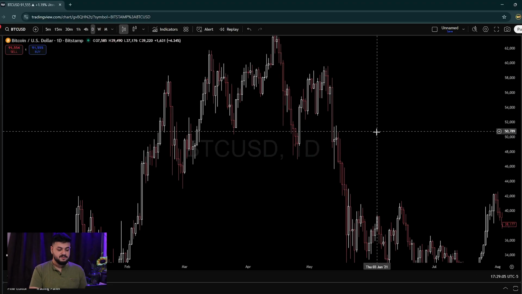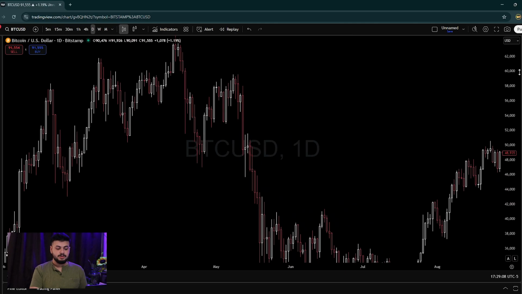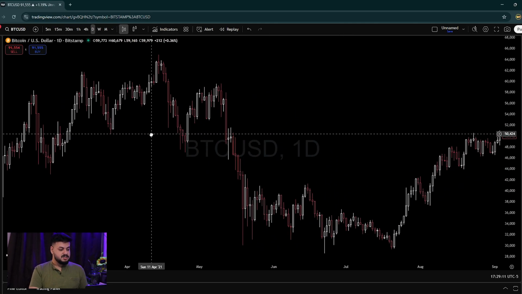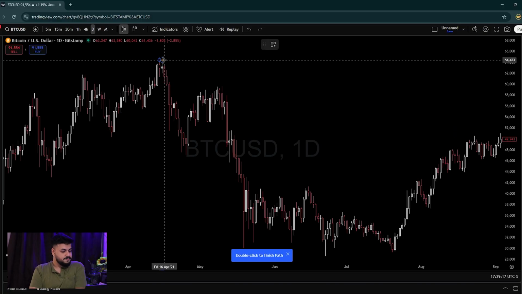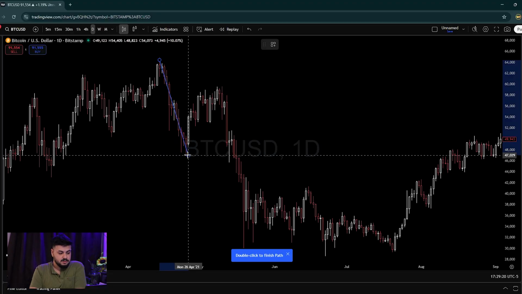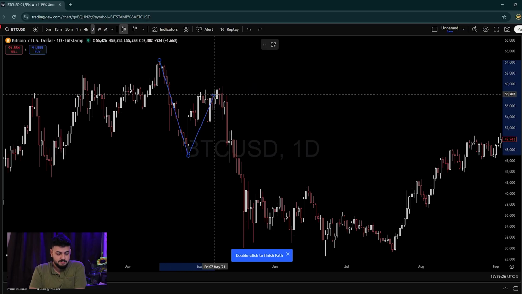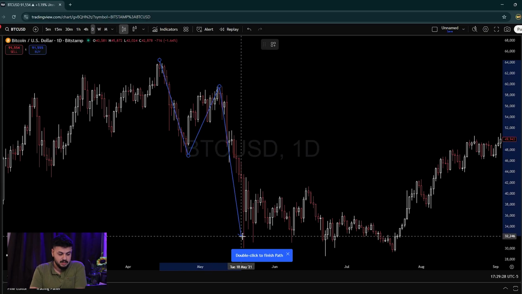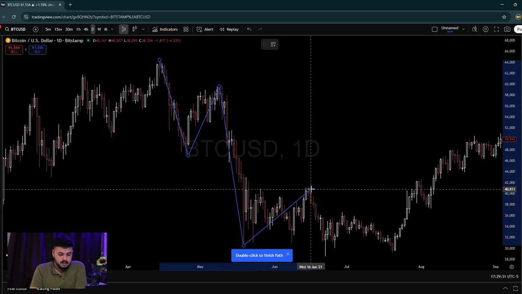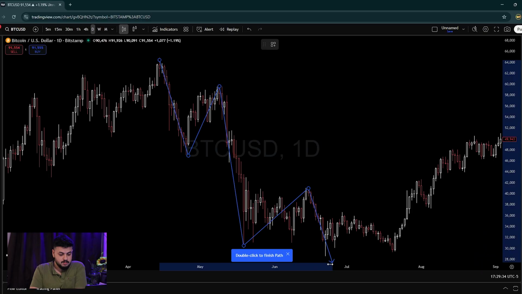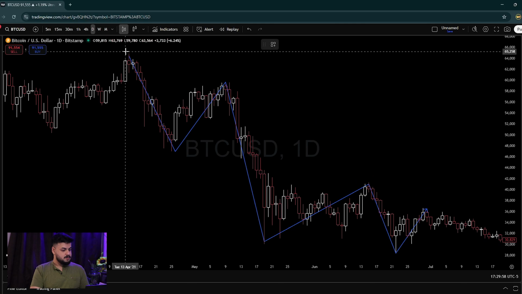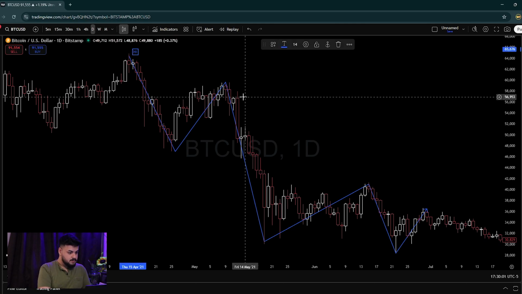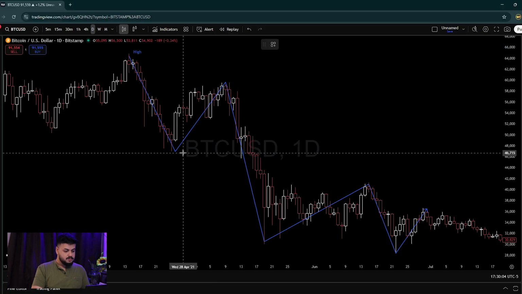Okay, so right after that, we see that we have a new trend. This being the highest point on this part of the chart, and this being the lowest point when the price moved downwards. It went back up to this point and back down to this point, back up to this point, down to this point. So if we use this part to identify the high and the low,